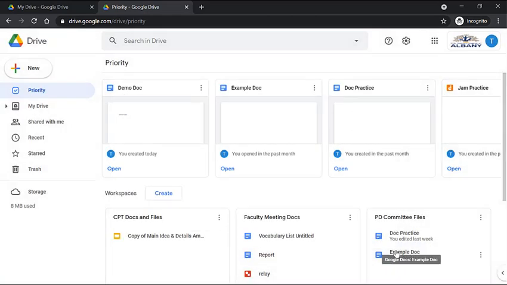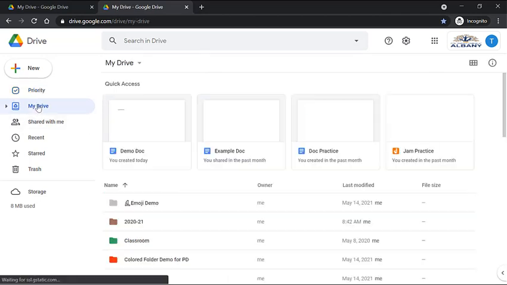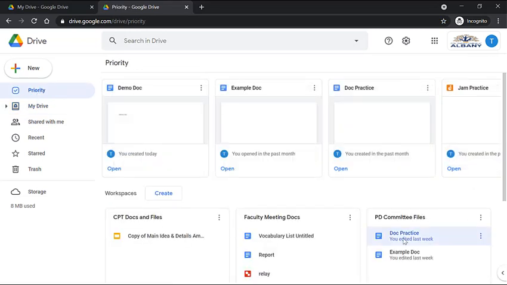Now it's important to know that it does not actually move your files to a new space. The files still exist where they existed before. This is simply creating a shortcut to those files to make it easier for you to access. So when you're on your drive, you switch to Priority and then simply double click on the file you wish